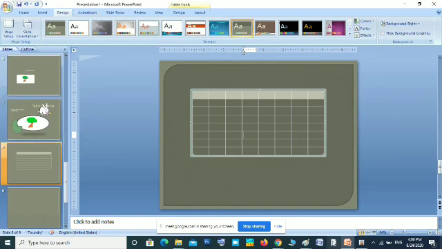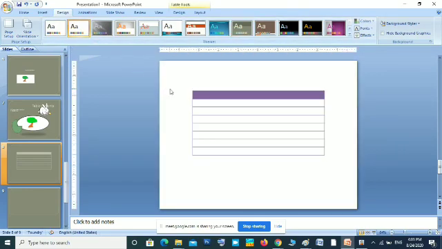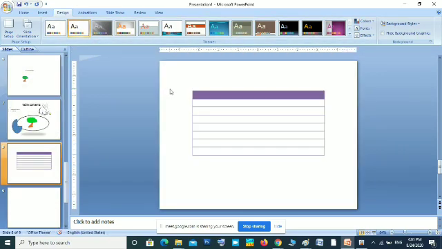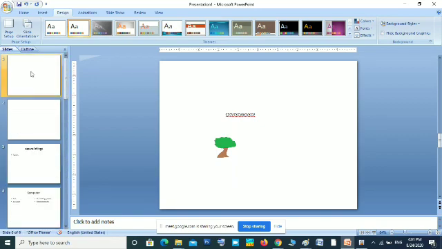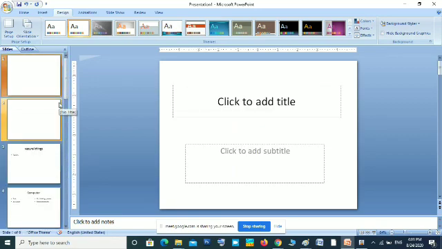Okay, we are discussing different views. Normal view we use while we are making a presentation, or editing a presentation, or modifying a presentation. That is normal view. We can easily work on that presentation. Then slide sorter view. After creating the presentation, sometimes we want to change the order of the slides. So here, the first slide is not having any heading. Sorry, the first slide here is blank. So we don't know which slide is blank.